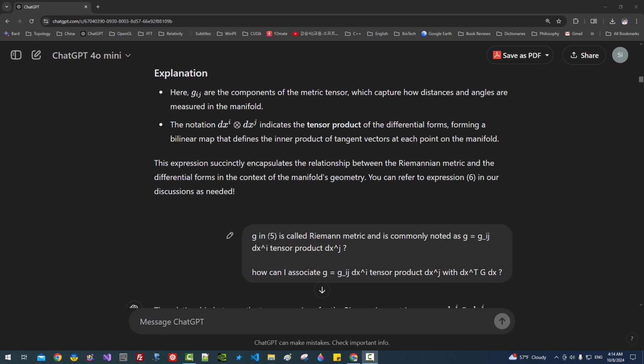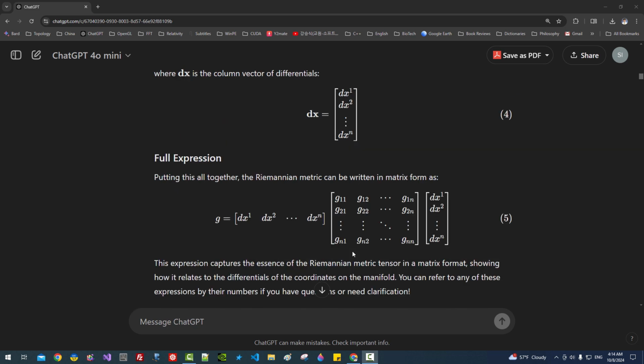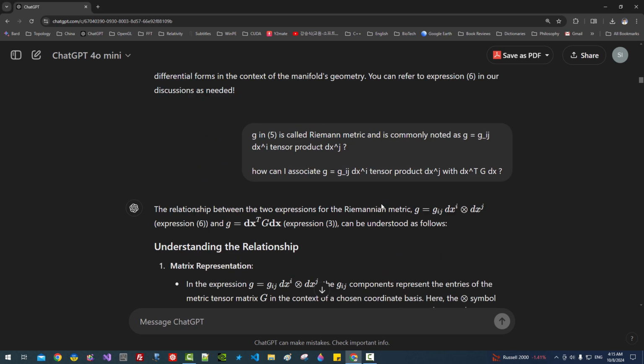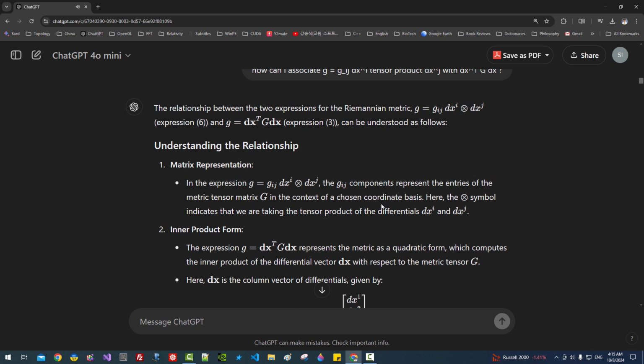Here, equation 5. This is equation 5. The relationship between the two expressions for the Riemannian metric,